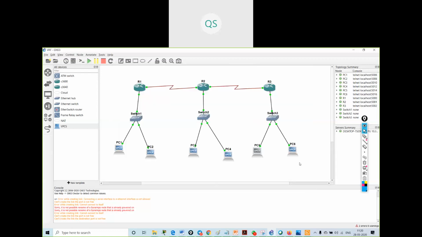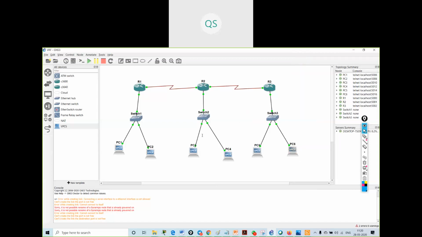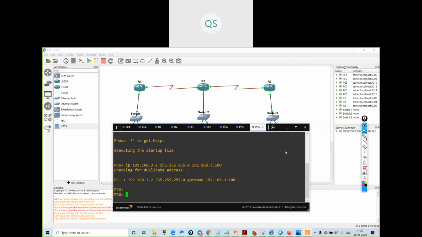Okay, IP 192.168.3.2, 255.255.255.0, 192.168.3.100. Okay, I've configured all the PCs and the routers. Now I will be doing some tasks.